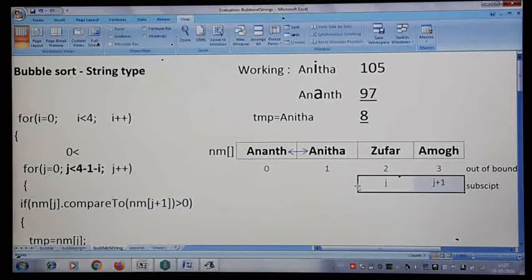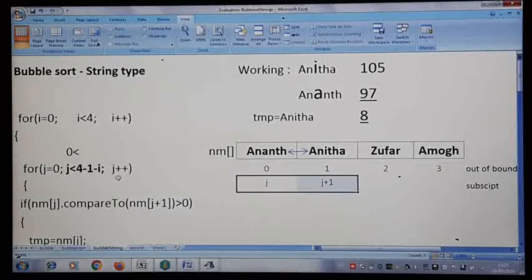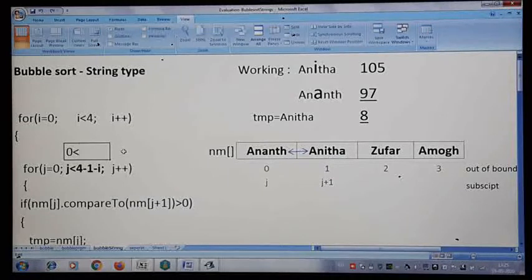Then minus i: there is no effect of minus i the first time, because i is pointing to 0. So 4 minus 1 is 3, and 3 minus 0 has no effect, it stays 3. So less than 3 means we repeat up to 2.